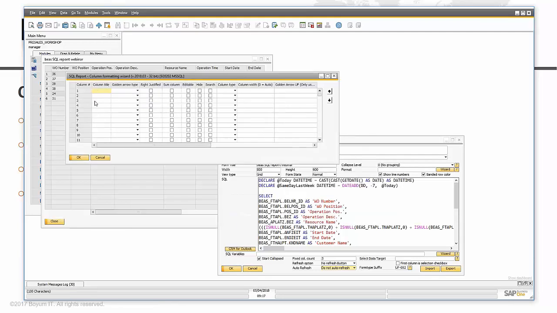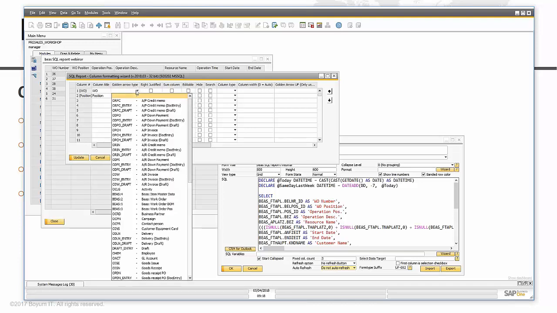The column number is the line number that we're going to see over here. So for example, the work order position is line number 2 here, this is the column number of the report. So this is like the work order. Let's change it like this so you can see how we can edit. And here we have a column named